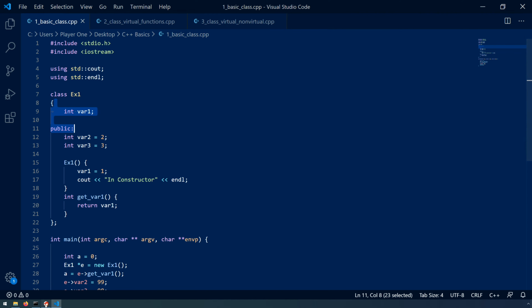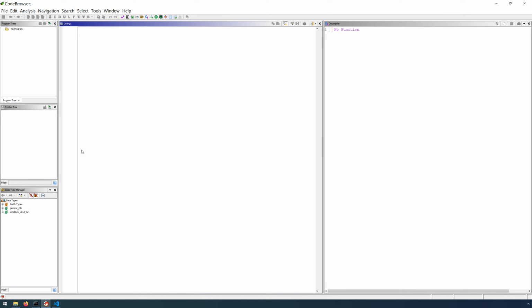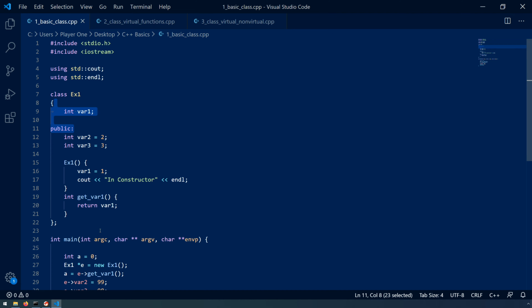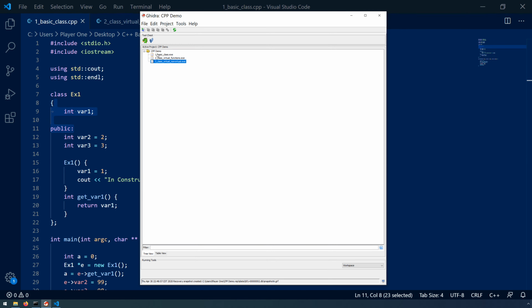So let's go ahead and open this up in the code browser. Now I've already got this window open. I guess what we can actually do is go back to the project view. If you're not familiar, one way to open these is to just double click. You can also take whatever program you want to analyze and drag it to the code browser, which is the